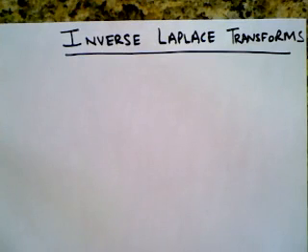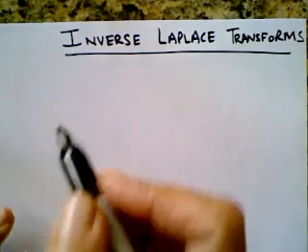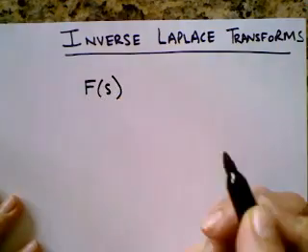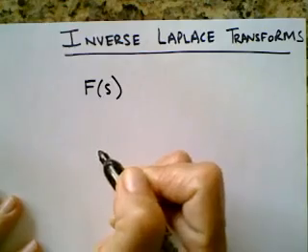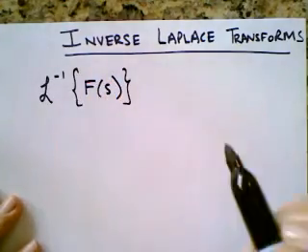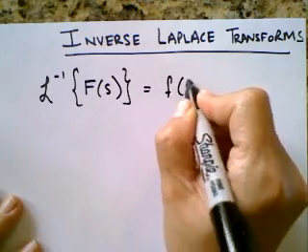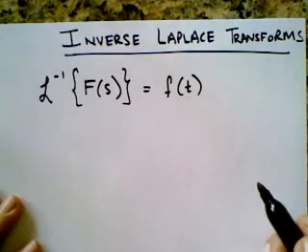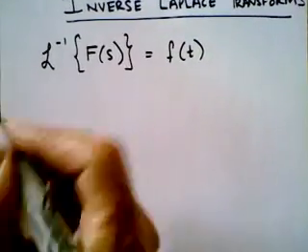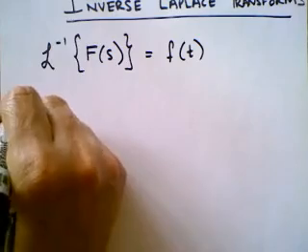Before we do the example, please note that your inverse Laplace transform is noted like this. You would be given some function F of s, so it would be in terms of s. You would then apply the inverse to that transform, which means you get a function f of t. Okay, but you'll see what I mean as we go along with the examples. So, our first example,